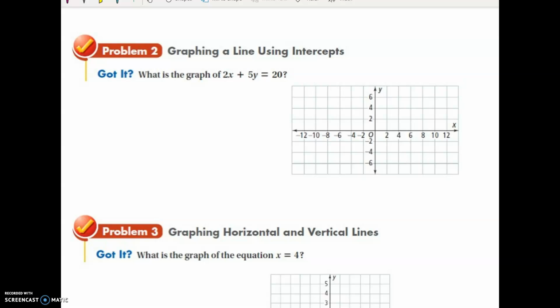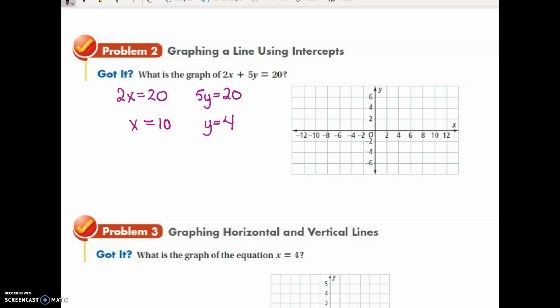In this example, what is the graph of this equation? So we're going to quickly solve for the intercepts and just graph those. So again, we're going to plug in 0 for x and 0 for y and have our two equations. So we'll have 2x equals 20, or we'll have 5y equals 20. And then, of course, we'll solve each. So here x is going to be 10, y is going to be 4,